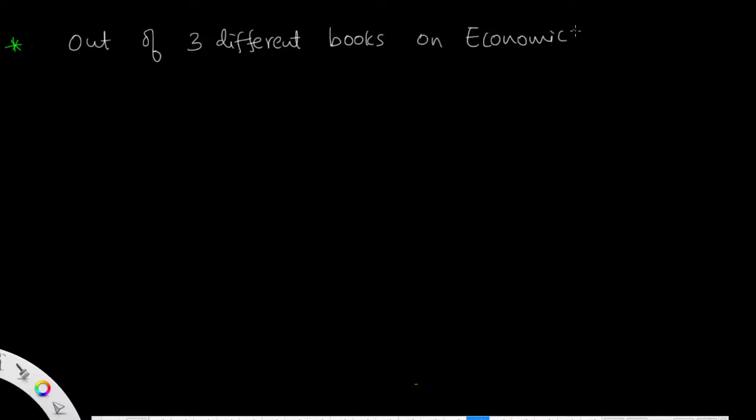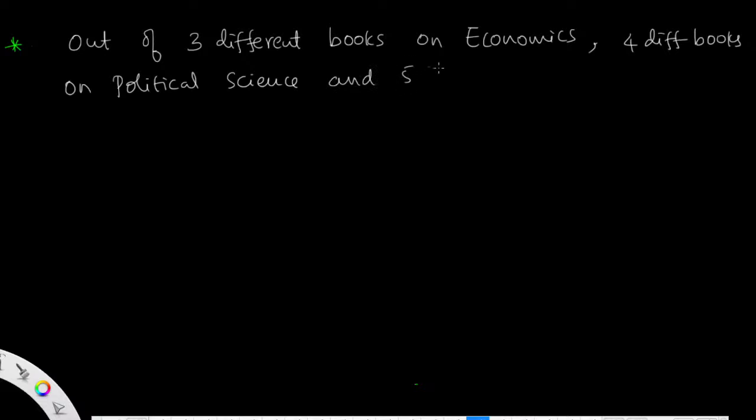Out of three different books on economics, four different books on political science, and five different books on geography,